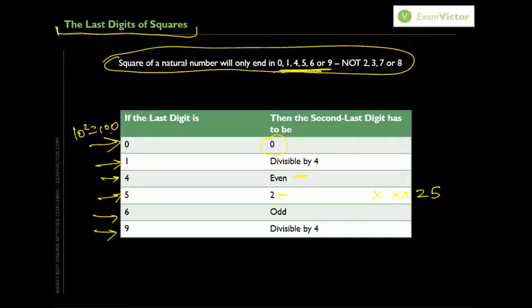So that's fine. If the last digit is 1, then the second last digit has to be divisible by 4. Let's take 11. 11 square is 121. The second last digit has to be divisible by 4. So actually you got 2 here, which is not a great example for this, but